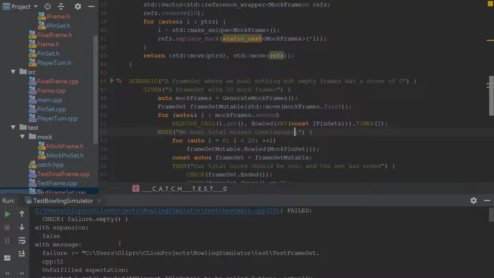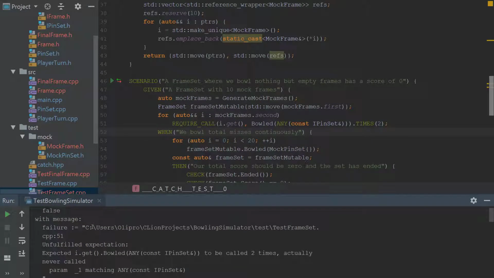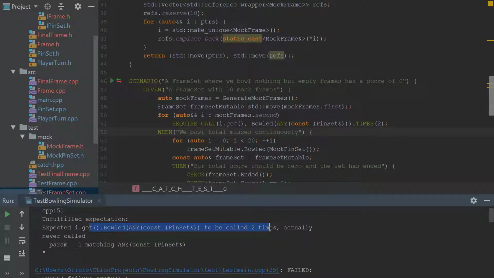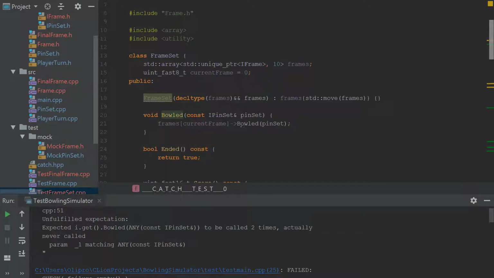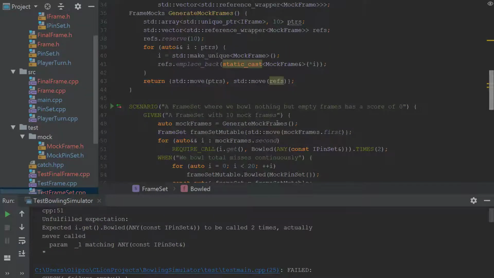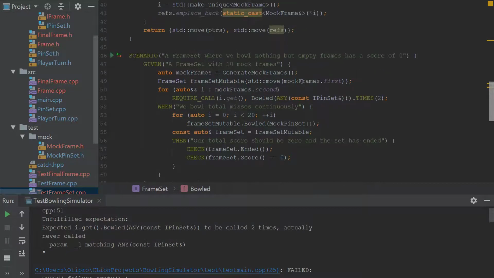Okay, so this is broken as check failure empty, false, unfilled expectation, bold, and it's never called. So how do we violate that? We call it 20 times, and of course it is actually broken because we don't increment the bloody variable. So actually we need it to be sequenced somewhat. So we're going to need to,